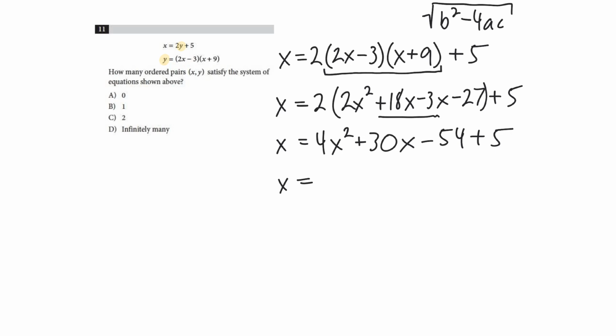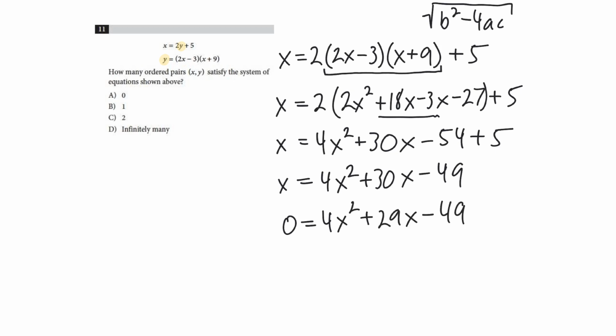So we get x equals 4x squared plus 30x minus 49. And then I'm going to subtract x from both sides, and I will get 0 equals 4x squared plus 29x minus 49. Okay, so if we look at our discriminant,